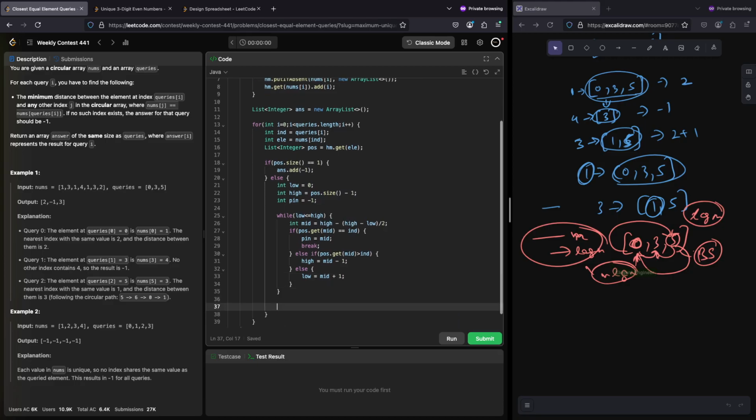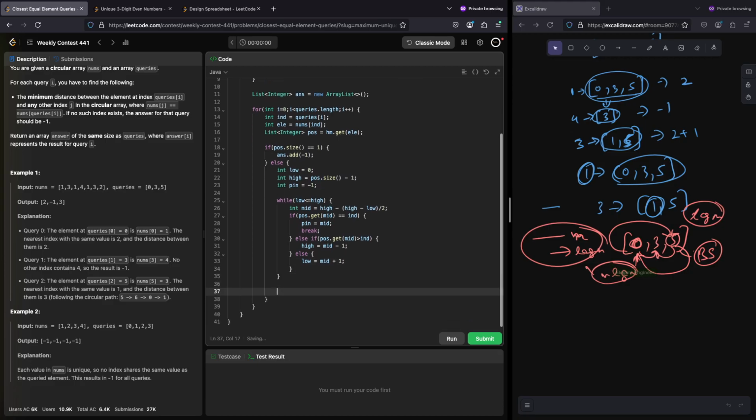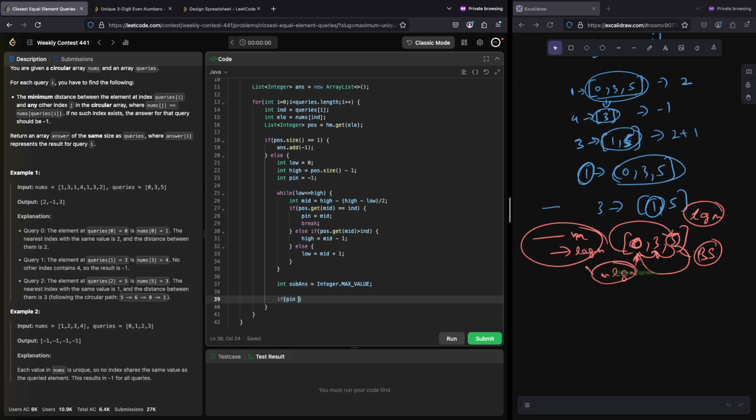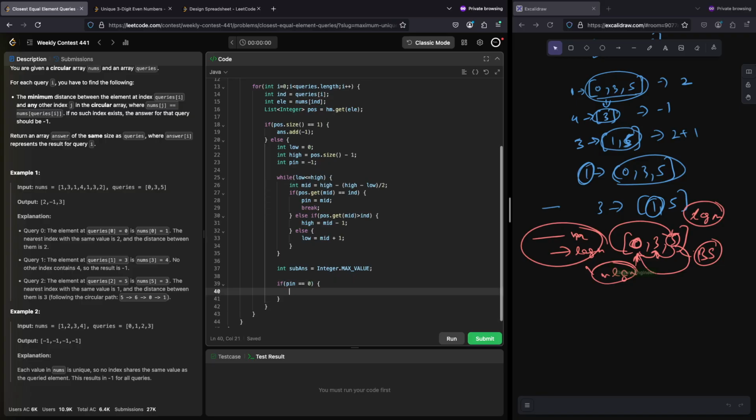So this is our binary search. Once we are here, we have already got our pin value. Now here pin could be first, it could be last, it could be in the center, right? So based on that, we need to check. So we can say our option, I like to call it sub answer, is Integer.MAX_VALUE, thinking that okay, this is the maximum distance, right? Now, if pin is equal to 0, first option is that it could be the last element, right? So subAnswer is equal to Math.min(subAnswer,